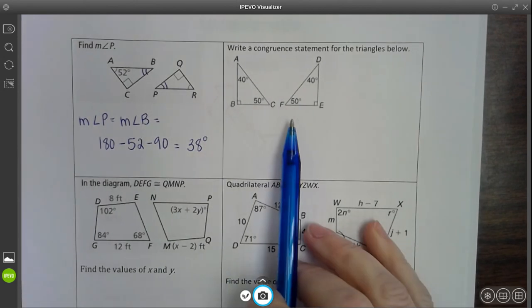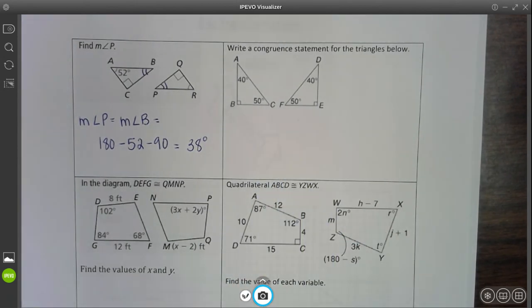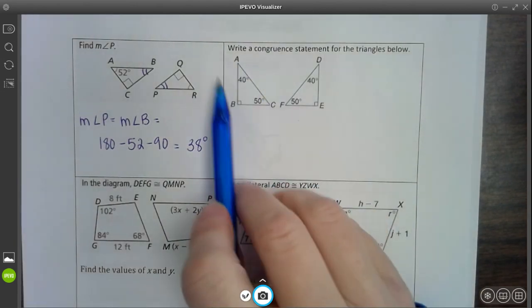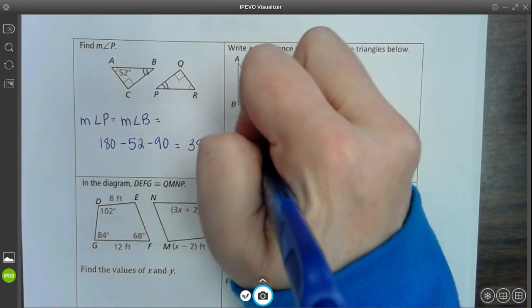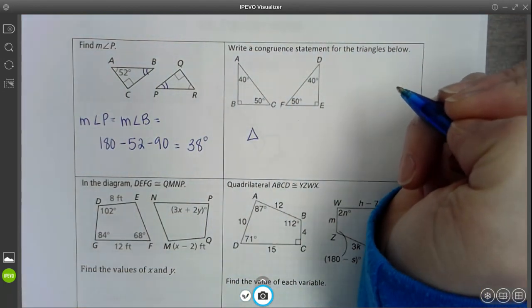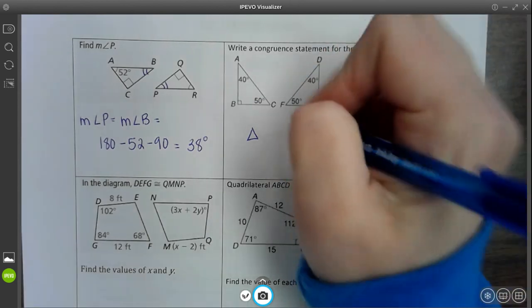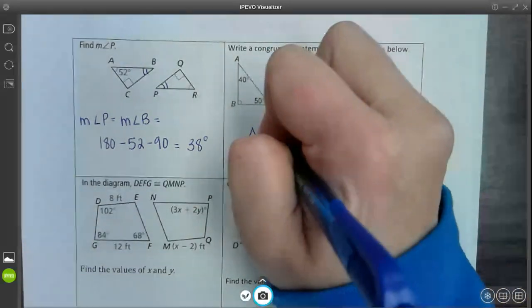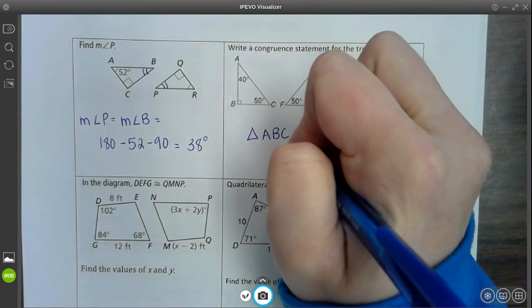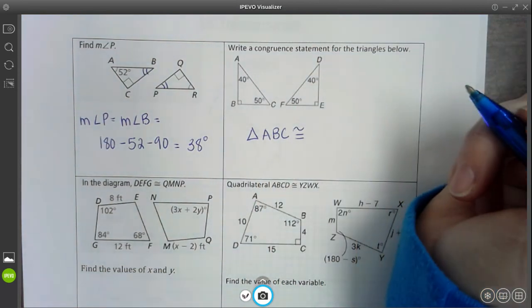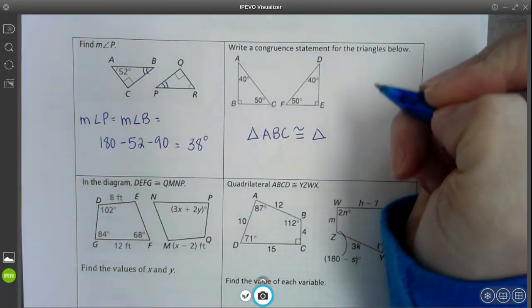Okay, the next one says write a congruent statement for the triangles below. So when I write the congruent statement, I'm just going to start with the first triangle and name it however you want. You can call it triangle ABC, you can call it triangle CBA, CAB. It doesn't matter what order you put it in. Okay, so a congruent statement is going to have a congruent symbol in it, and then I'm going to write